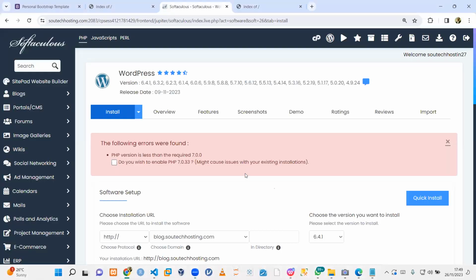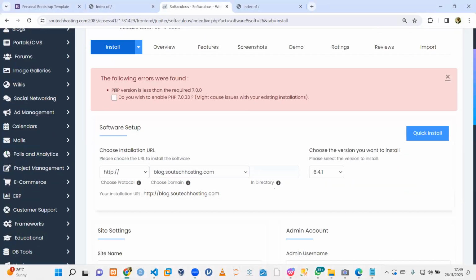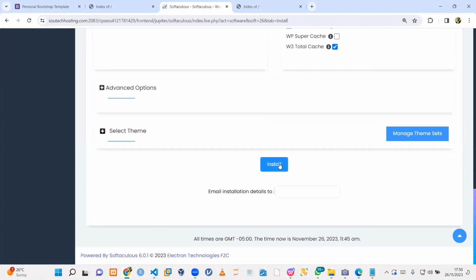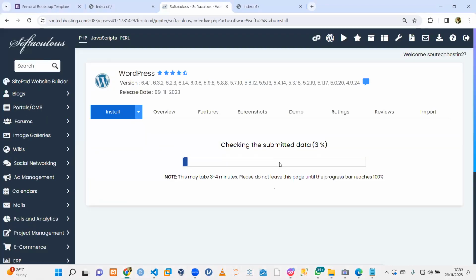Okay, so there's a challenge we have here. PHP version is less than required. Do you wish to enable PHP 7.0.33? It might cause issues with your existing installation. If I click on it and say yes, I can now go ahead and install. All right, if there's an existing installation on this hosting server,